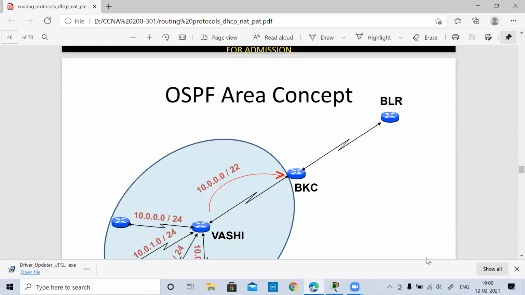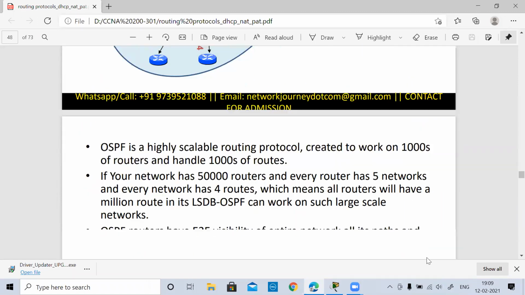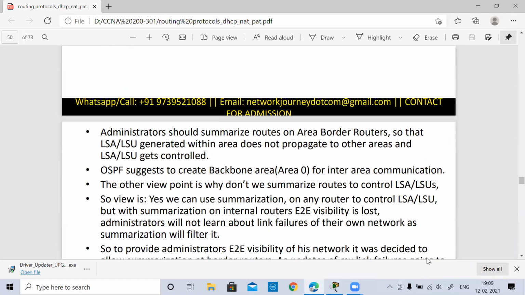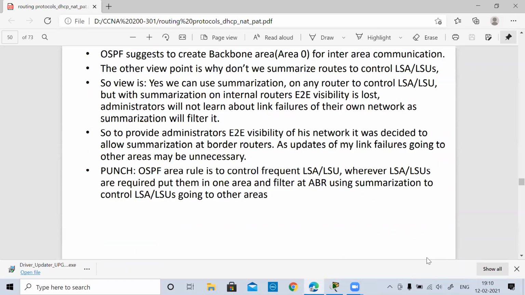Now let us go and do the configuration part. The area concept is clear. The link state advertisement is clear. Now, as I mentioned, not every router should give their link state databases to each and every one. They should elect somebody in their network who is going to distribute this link state database table, so that these link state advertisements can be controlled. Because if every router is exchanging the link state database table every now and then, that will create a problem. So how do we do that?